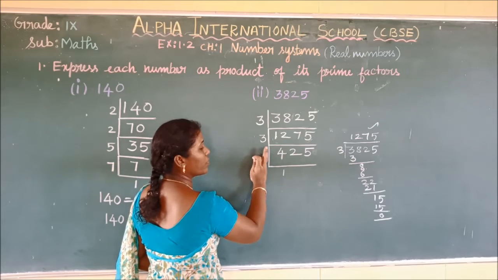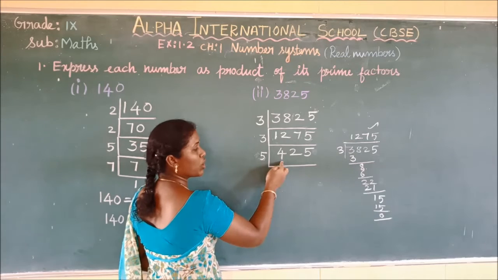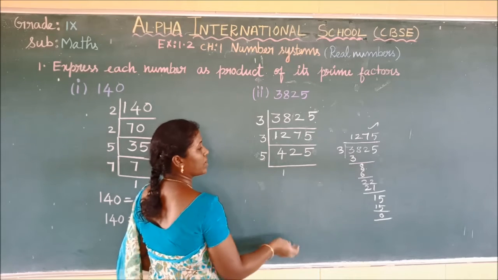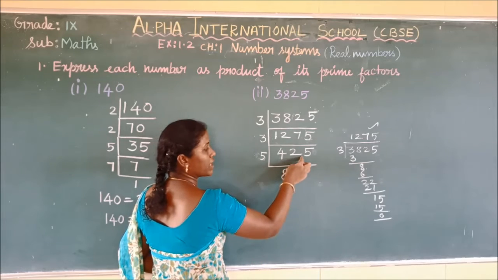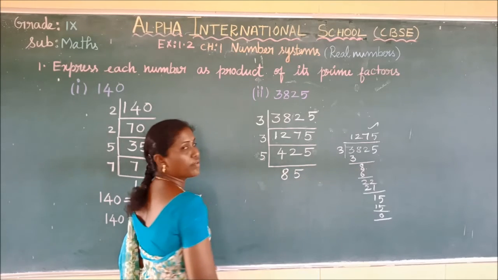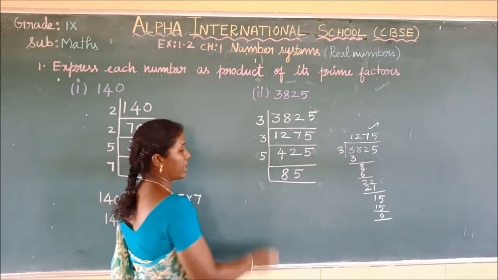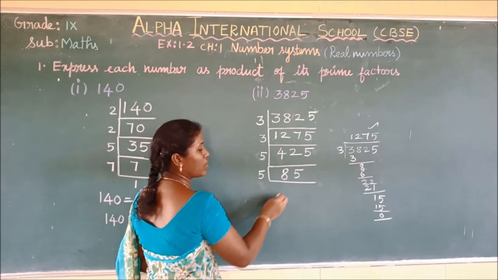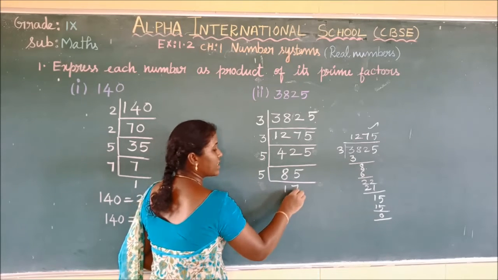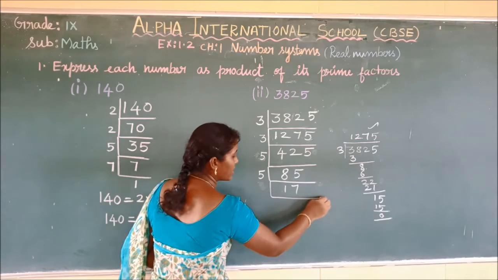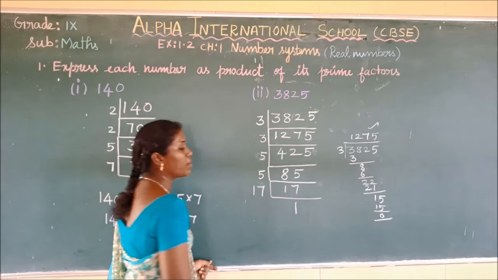So what do we have to do? We have to choose the next prime number 5. 42. 4 is a smaller number, no? Just take 42. 8 5s are 40. Remainder 2. 5 5s are 25. Okay. So again it is possible to divide by 5? Yes. If it is possible to divide by 5, 1 5 is 5. From 8 5s goes remainder 3. 7 5s are 35. 17 is a prime number. It is well known. 17 is a prime number. It is possible to divide only by 17.